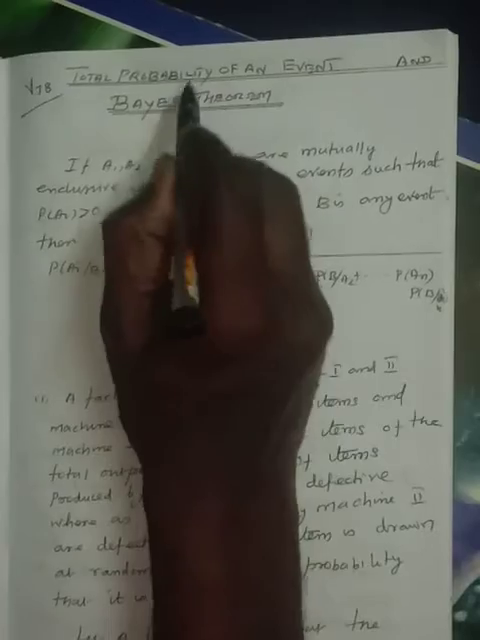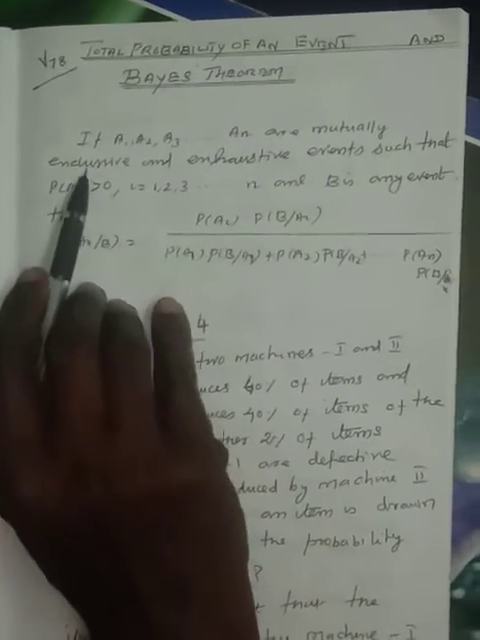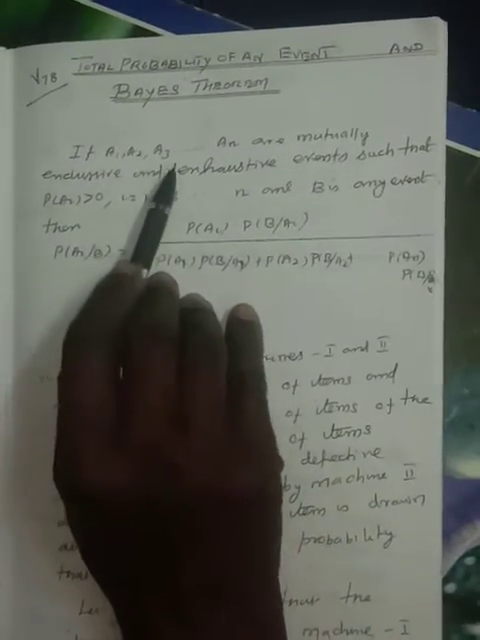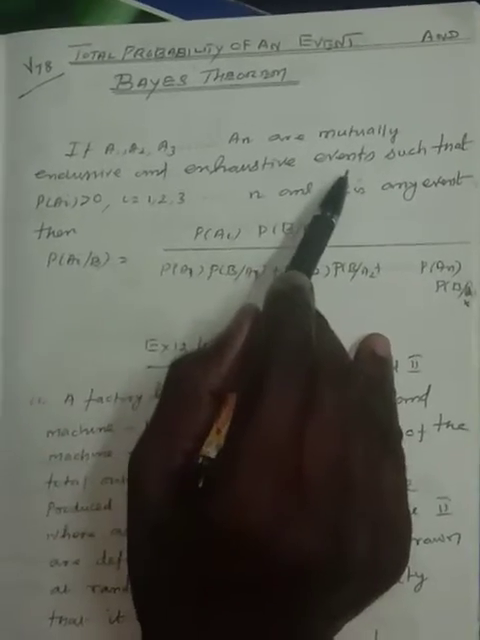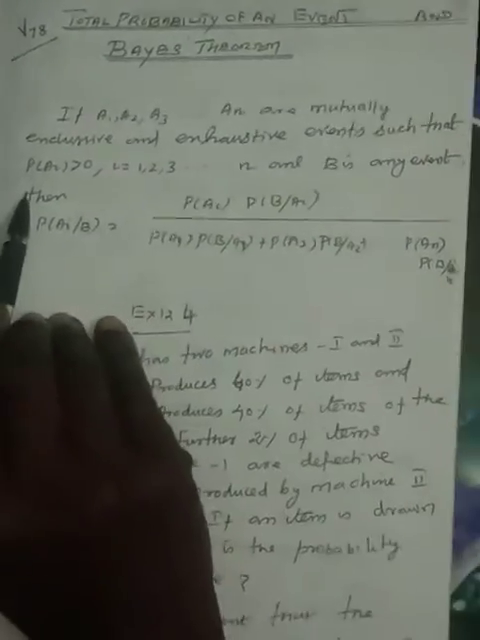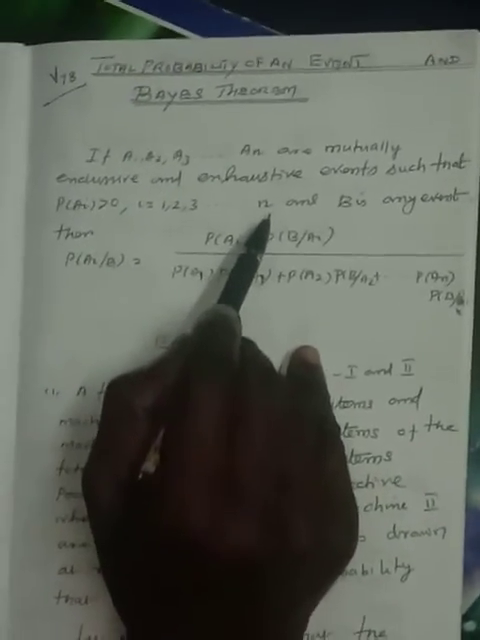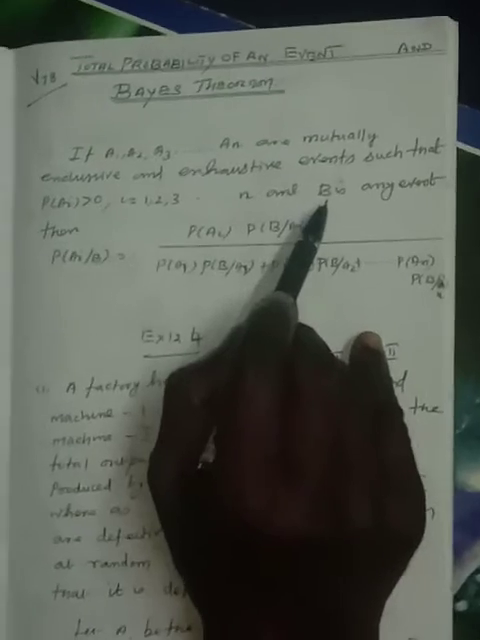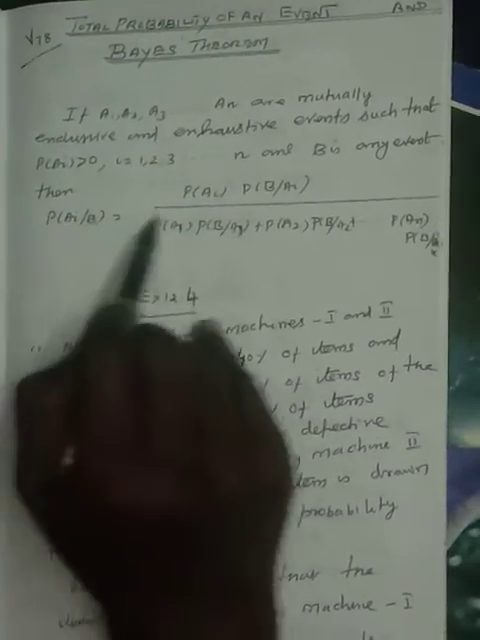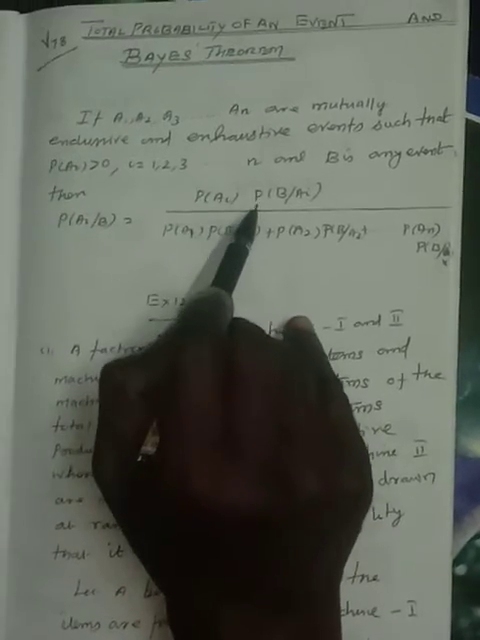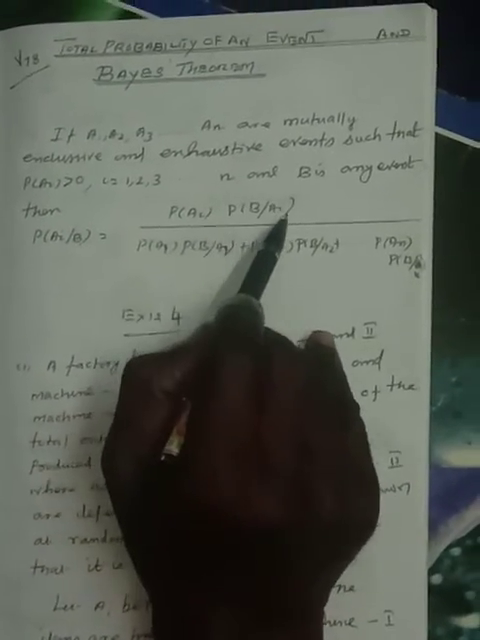Today's topic is total probability of an event and Bayes theorem. If A1, A2, A3 and so on to An are mutually exclusive and exhaustive events such that P of Ai is greater than 0, i varies from 1 to n, and B is an event, then P of Ai by B is equal to P of Ai into P of B by Ai whole divided